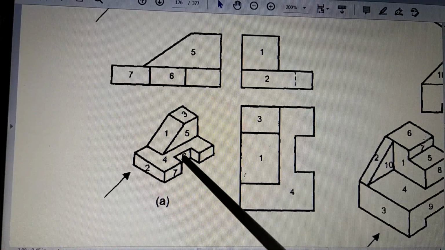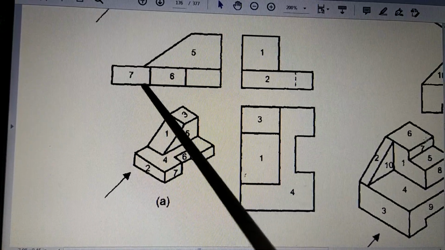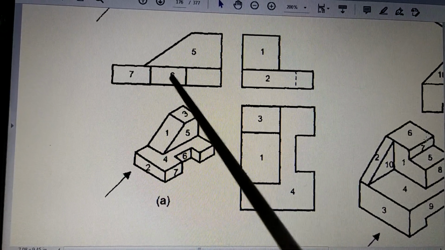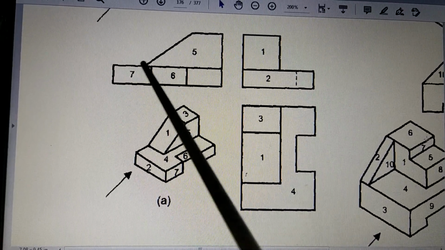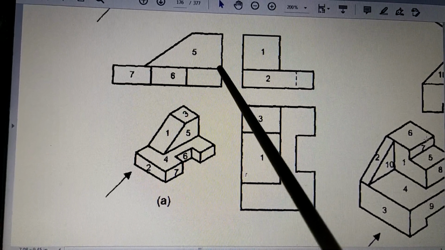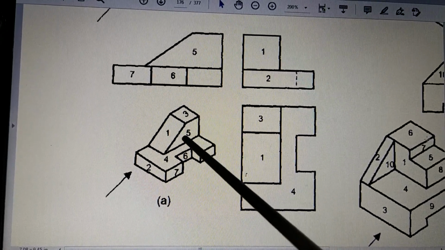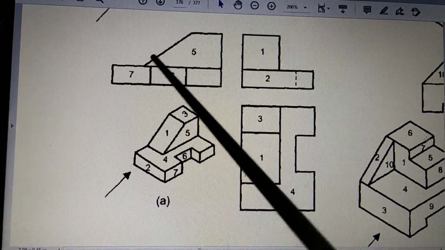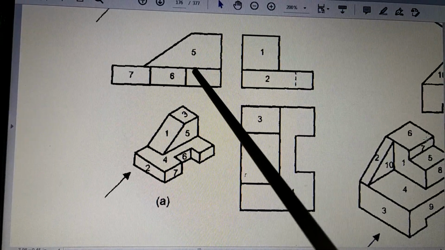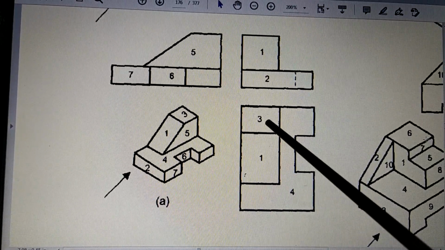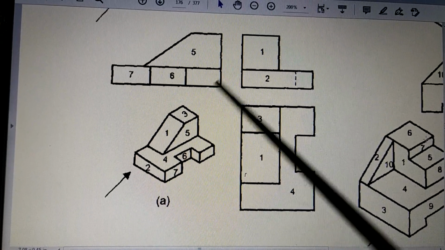But then there is a change in surface. These 6 and 7 are different surfaces, therefore this line has come. Okay, so these 3 are these 3. Then this top surface, surface number 4, is this line. And after that, this is the shape of surface 5, which is seen like this. Now where is 1? 1 is this line. Where is 3? 3 is this line. So that makes the right hand side view. This is the front view and this is the top view. So we have examined this object and drawn all the required 3 views.